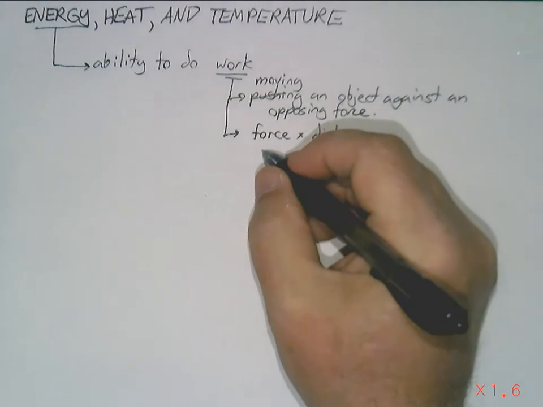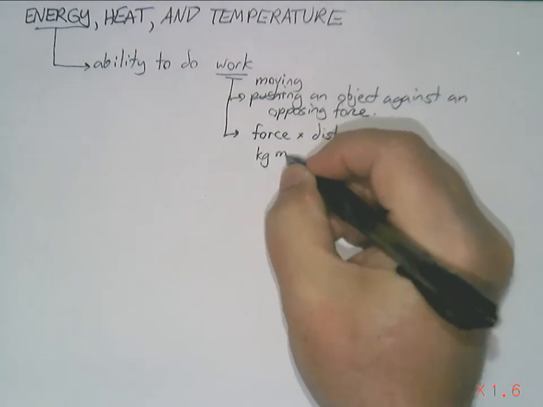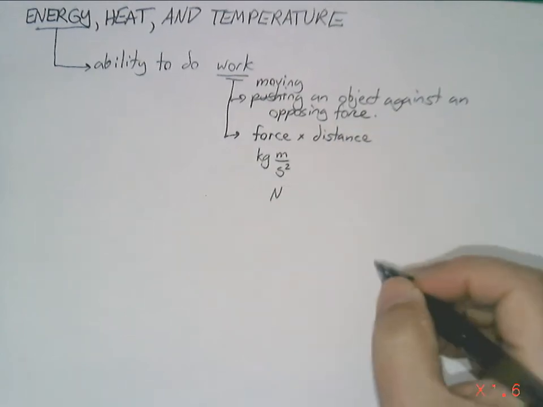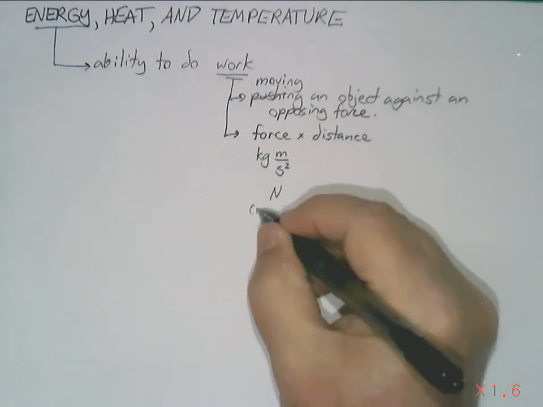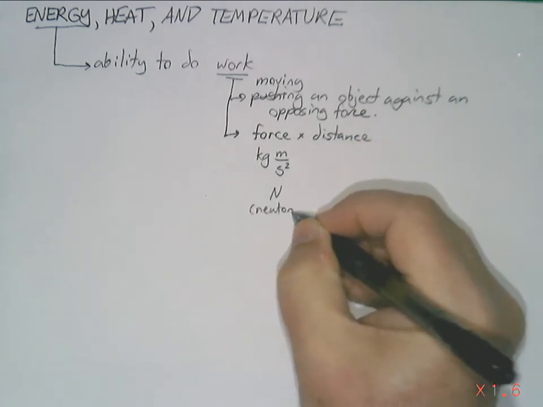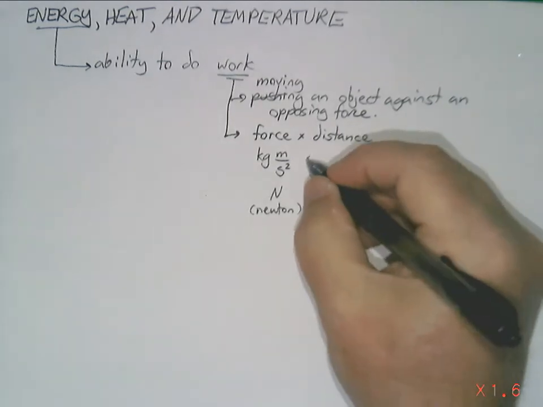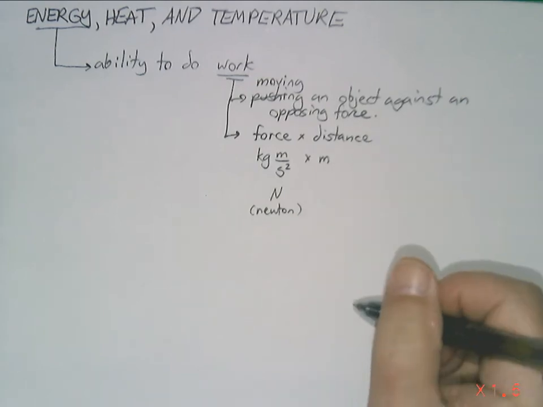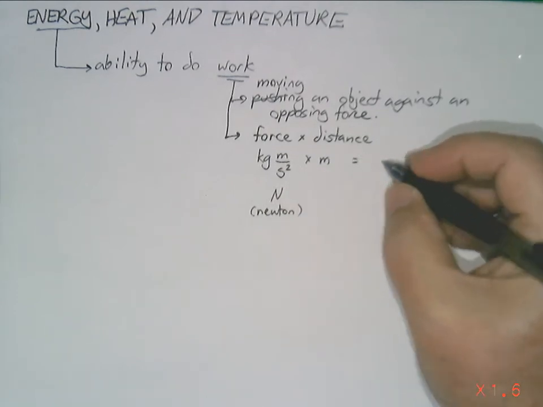Now, we've seen that the SI units for force were the Newton, which is a kilogram meter per second squared. Capital N is an abbreviation for that clump of units. And then if you multiply that by distance, the SI base unit for distance is meters. So you put these together, you get